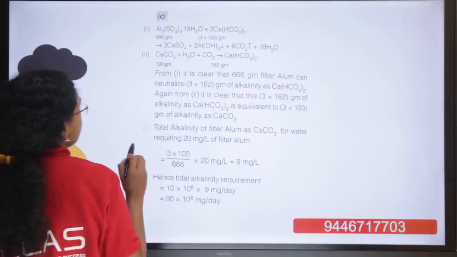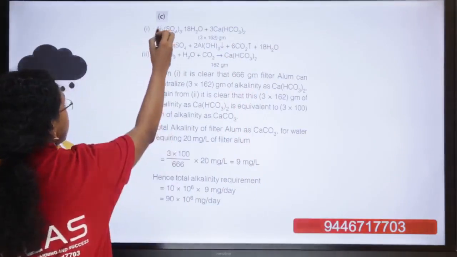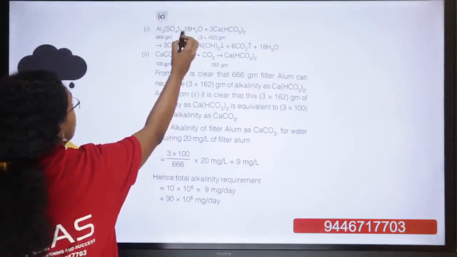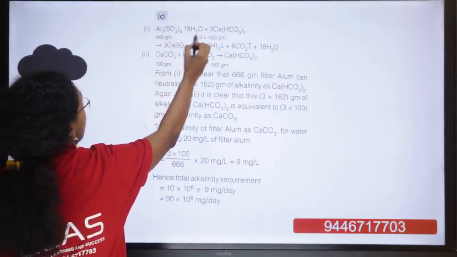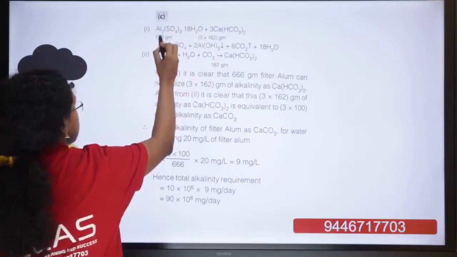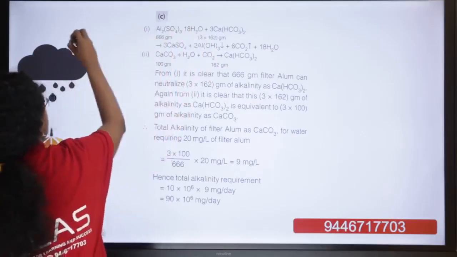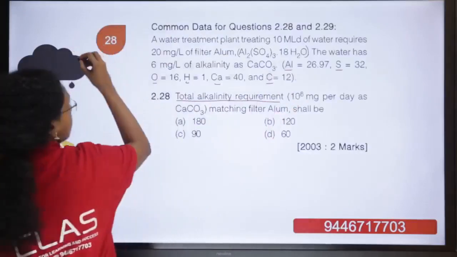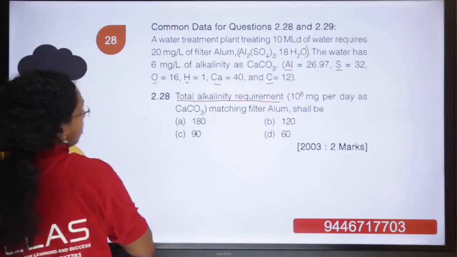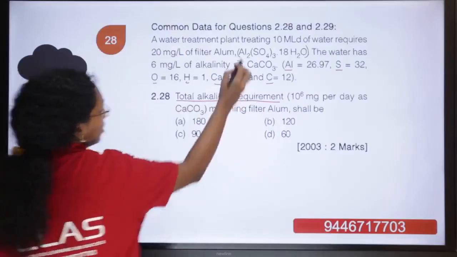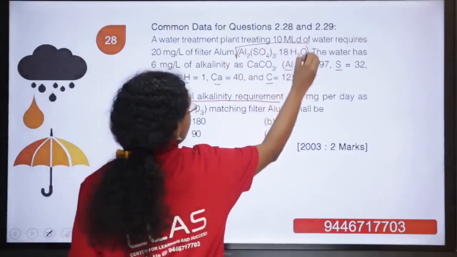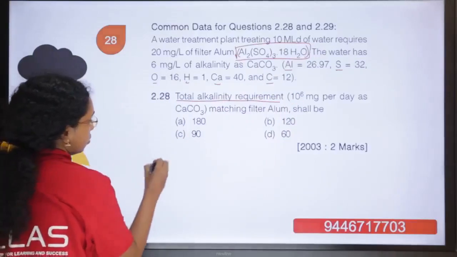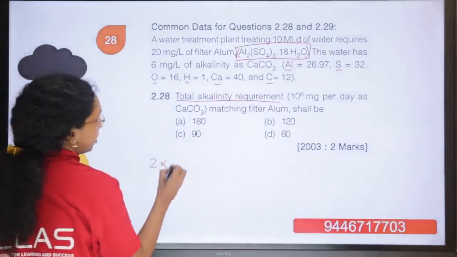Now here the molecular weights of all these are given. Aluminum is given, sulfur is given, oxygen is given. So the total value, when you add all this, you will get 666. How will you calculate that? This is the formula of alum, and if you are calculating the molecular weight, there are 2 atoms of aluminum, that is 2 into 26.97,